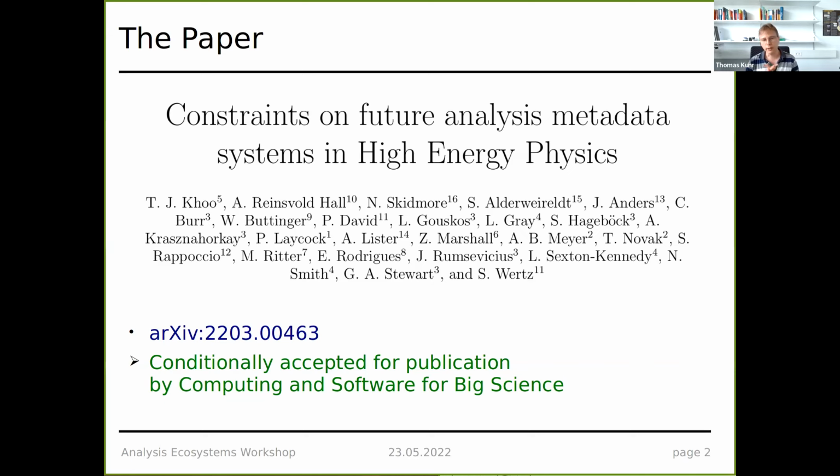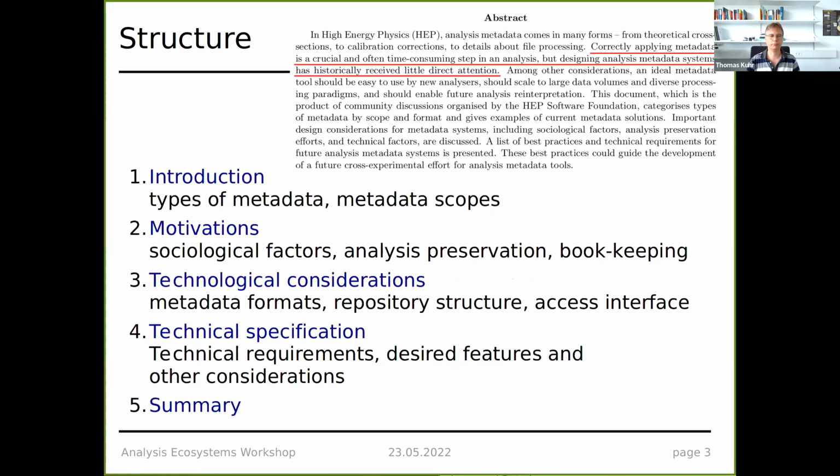So the paper is basically accepted for publication. This also means the review did not focus on finding typos or smaller things in the paper, but more on looking ahead. So what are the next steps?